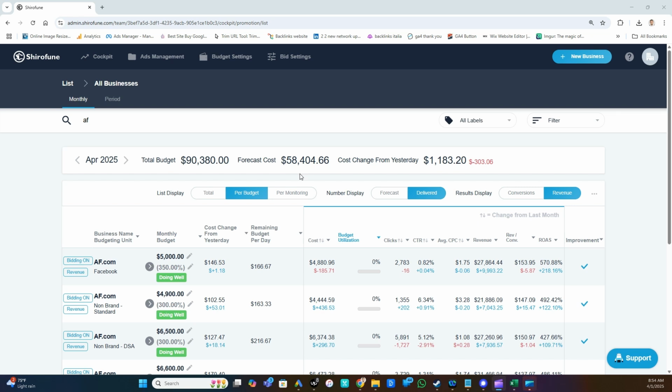A lot of our customers ask us how they can edit budgets in bulk without doing it in the budget setting of a specific account. Well, this is a very easy task within Shirofune. All you got to do is to go under the All Businesses view and click on these three dots right